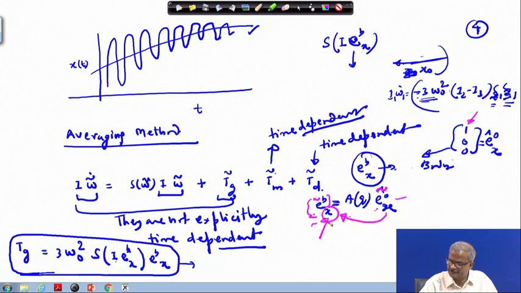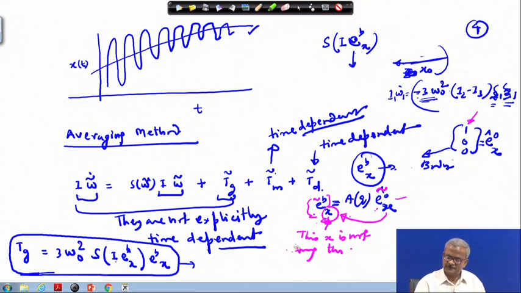So, do not confuse this x, that this is along the x body axis, this x does not stand for